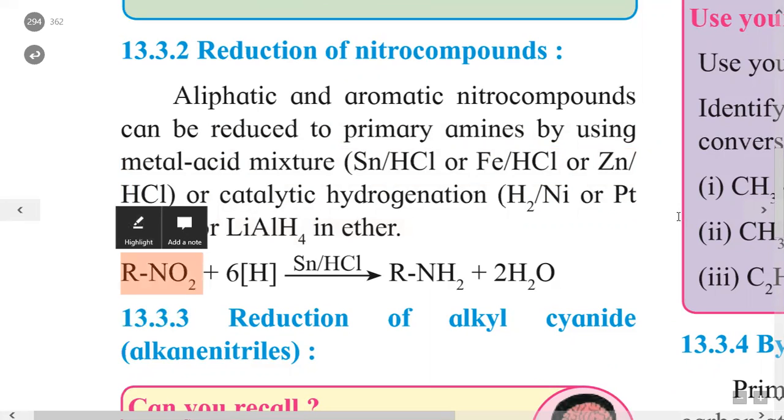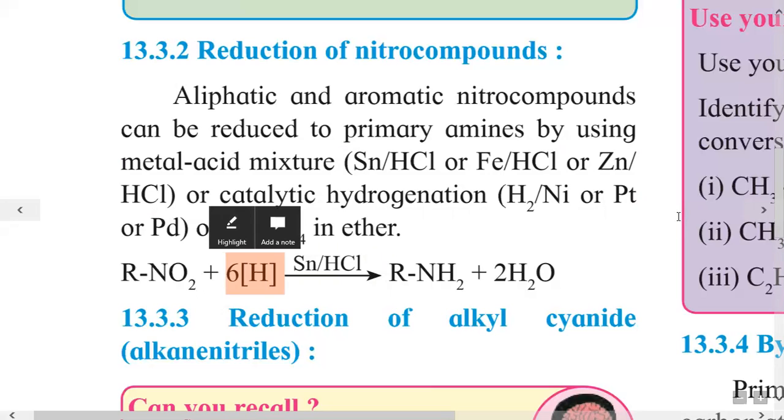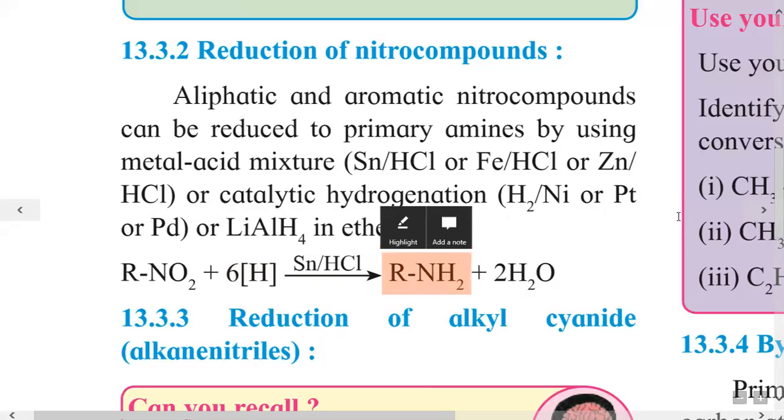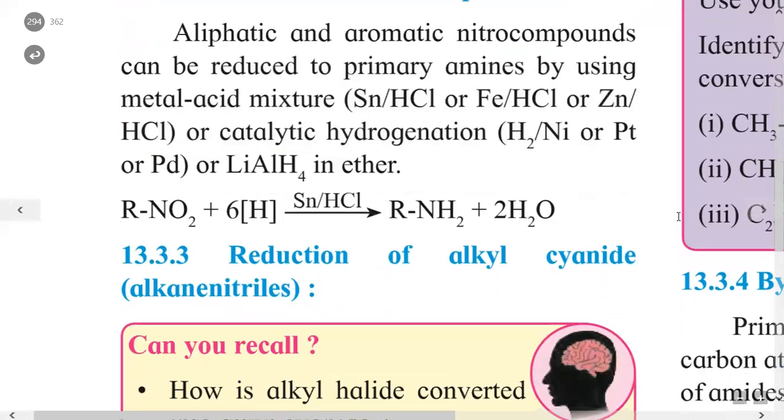We know the general formula for nitroalkane is RNO2. When treated with Sn and HCl, 6 nascent hydrogens take part in the reaction. Out of 6 hydrogens, 2 hydrogens react with the nitrogen and give RNH2. The remaining 4 hydrogens react with the 2 oxygens of the NO2 group and give 2H2O as a side product. So this is reduction of nitro compounds. So we get amines here as aliphatic or aromatic amine, depending upon the nature of the R group used in